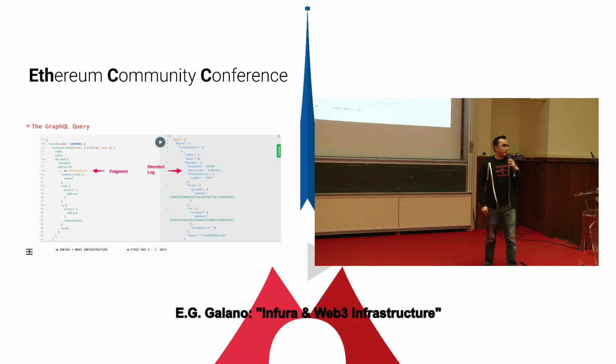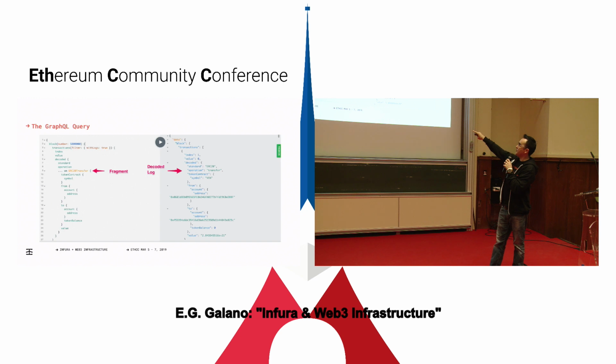This is a bit what a GraphQL query looks like. I hope it's legible. So basically on the left side, we have the actual query. It looks a bit exotic from maybe other query languages. On the right side, you have the resulting tree, the resulting set. What's important here is that there's equivalence. The shape of the data on the left side is the shape of the data on the right side. So the clients know exactly what they're getting, what to expect.